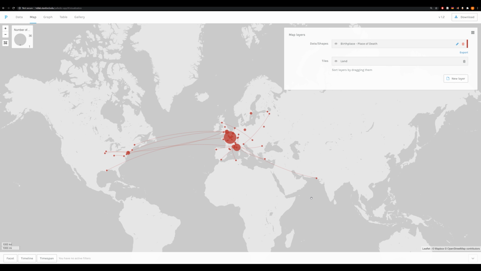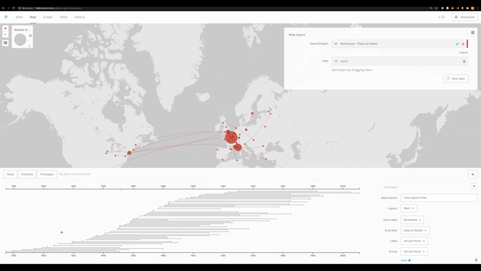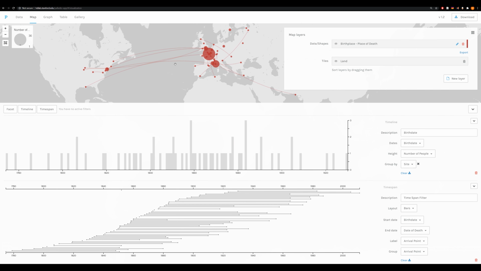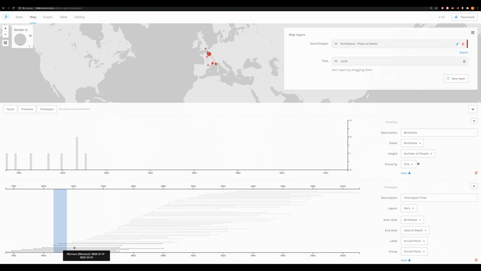One final thing I want to talk about is what's going on down here in the bottom tab. Down here we have some temporal layers that we can add to our data. If you click time span or timeline, you can see different renderings of these same data. What you are seeing is your data represented chronologically as well as geospatially. So we have a timeline here that allows you to see